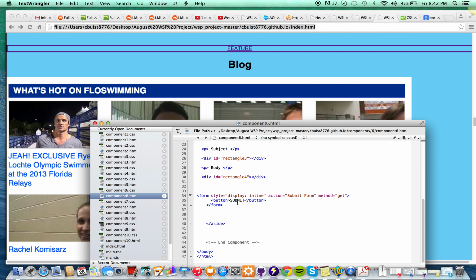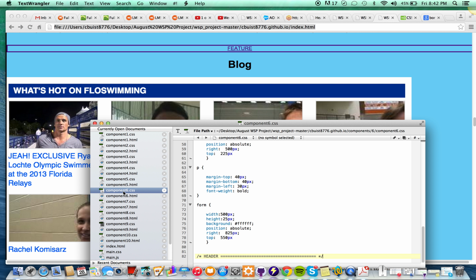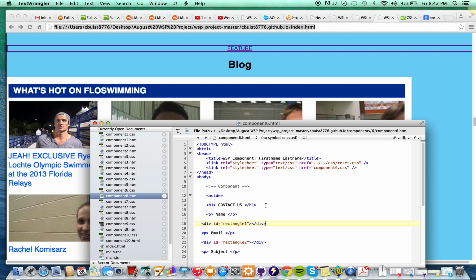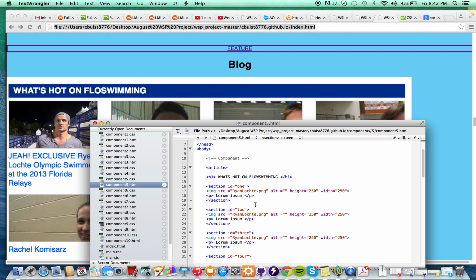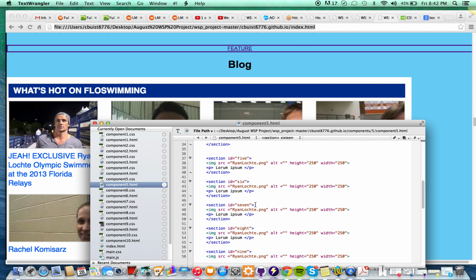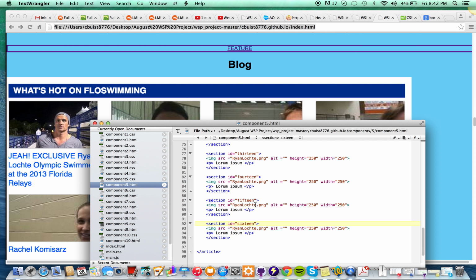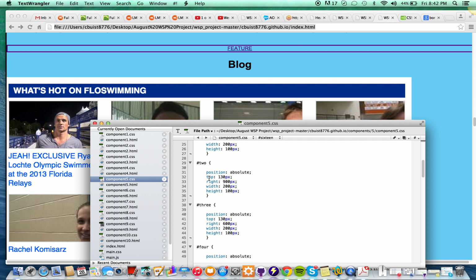was down here, what's this, C6? What's the contact us now? I want the blog. It's on flow swimming. I got these sections, and I've got a lot of them with IDs. Basically made each one a section. Image, paragraph, closed it off. And I positioned them absolute and then use these different